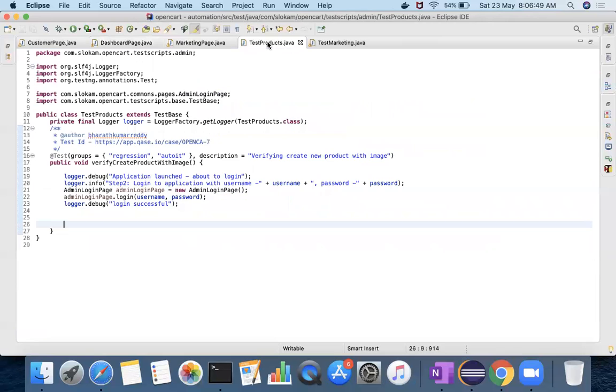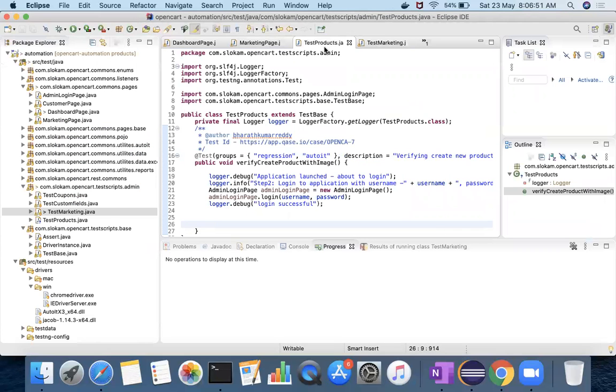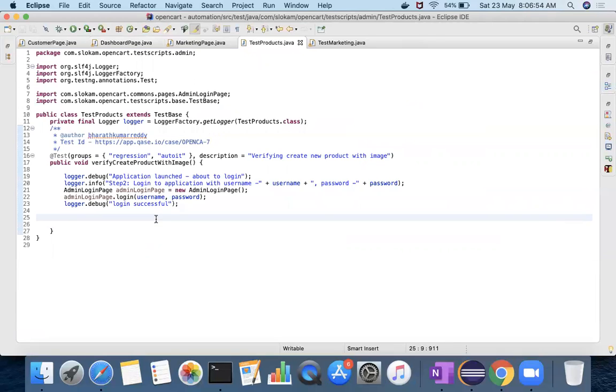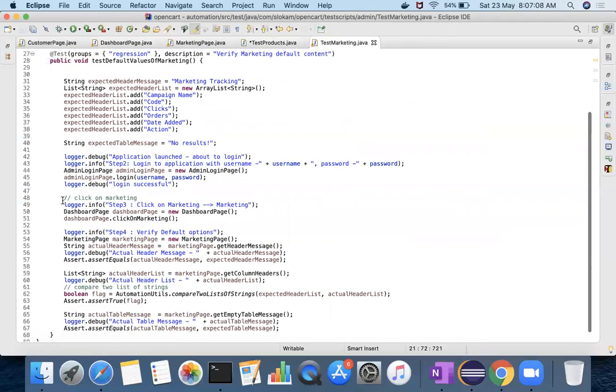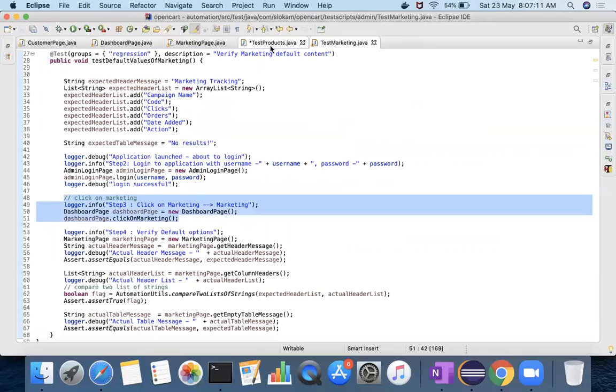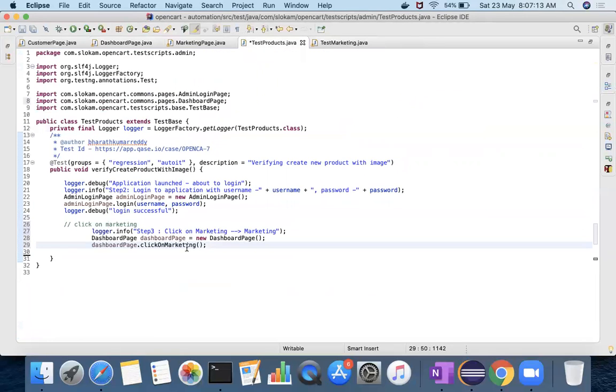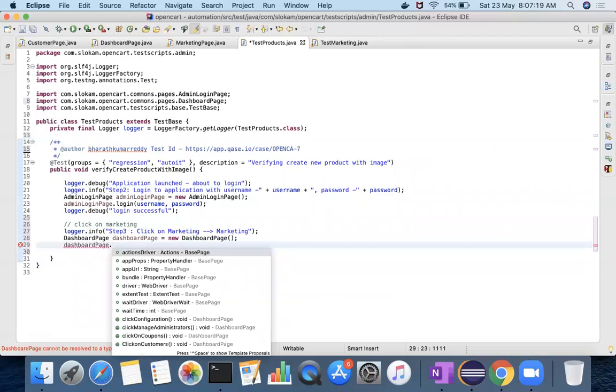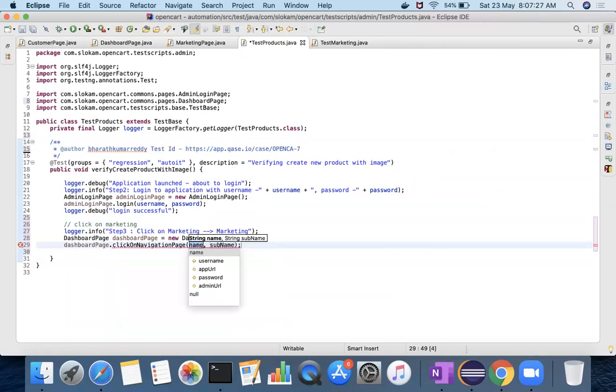Okay. In test products we have, right? In the test products, where do I want to click? First, I need to create dashboard. Okay, dashboard page, and the dashboard page dot navigate, click on navigation page.